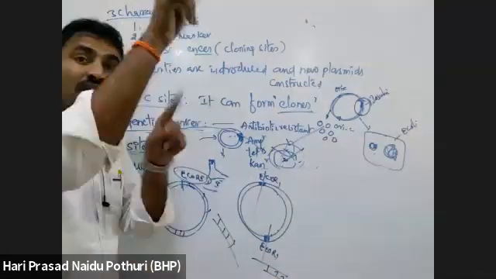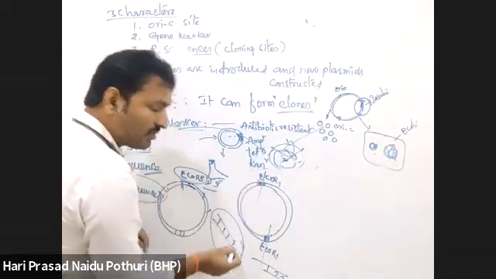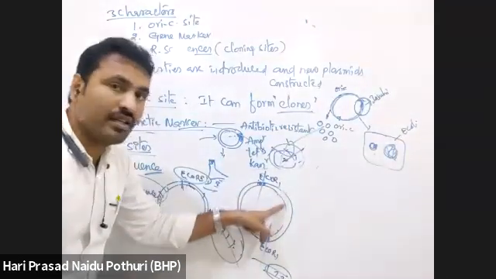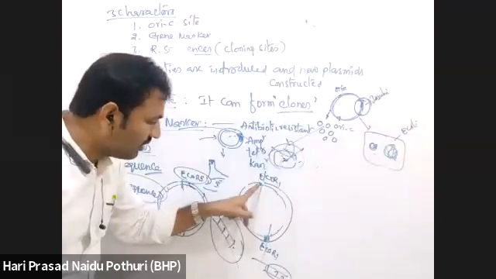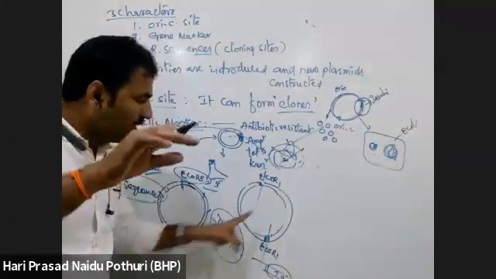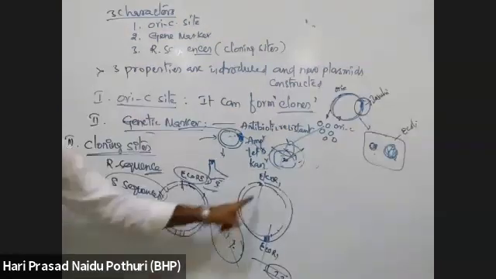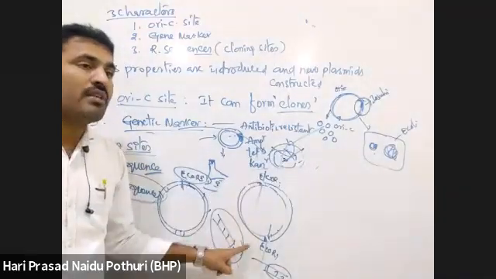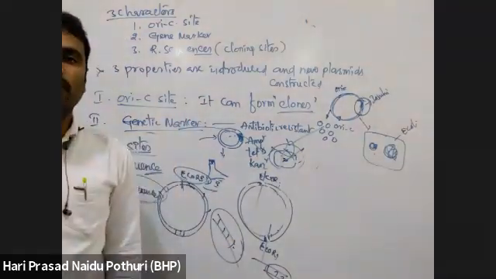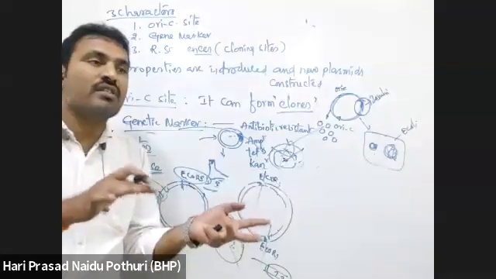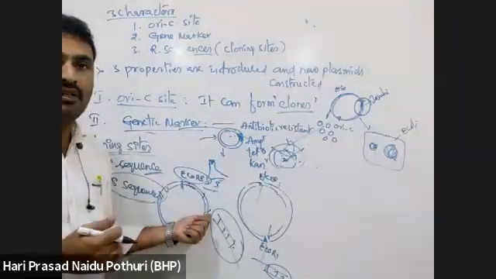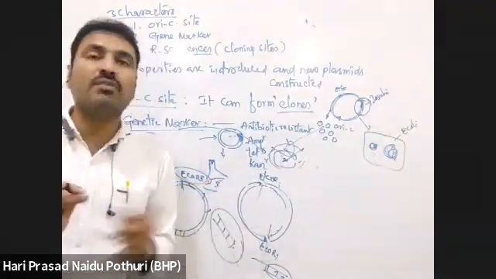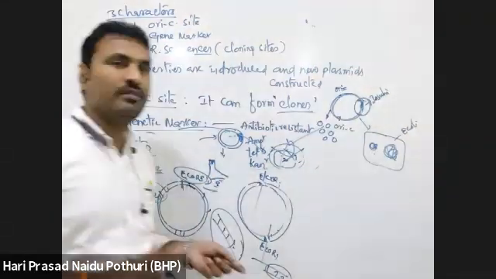If the gene we are transferring is inserted, this part of the plasmid is lost. If it has antibiotic resistance here, and this part is combining with our DNA, then the antibiotic resistance will be lost. So part of the plasmid will be lost when multiple sequences are present for a single enzyme. Different restriction sequences for different enzymes are preferable in a plasmid, whereas more copies of the same sequence for a single enzyme are not preferable. Okay.